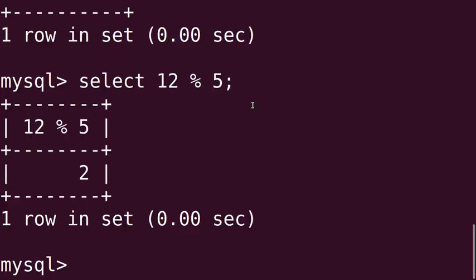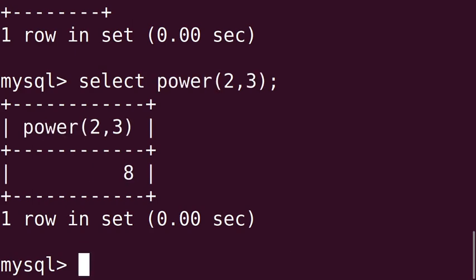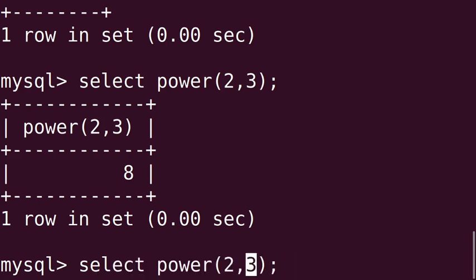You type select power within bracket 2, 3. Now what will be the output? 2 to the power 3, output we are going to get 8, right? Second syntax, if we try, in place of power we can try with pow.